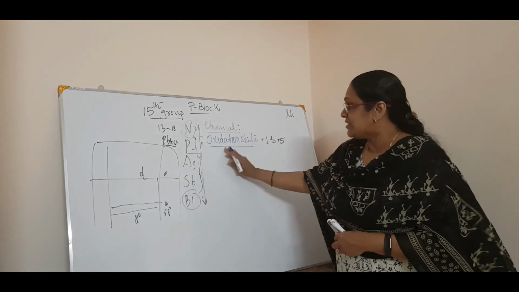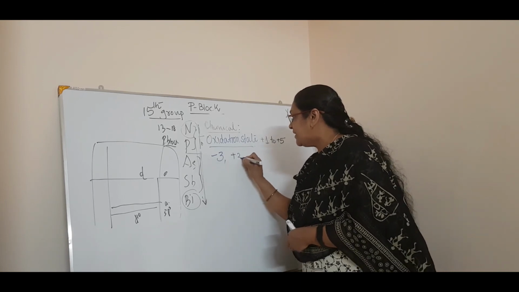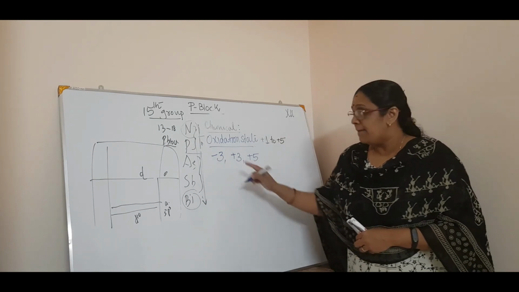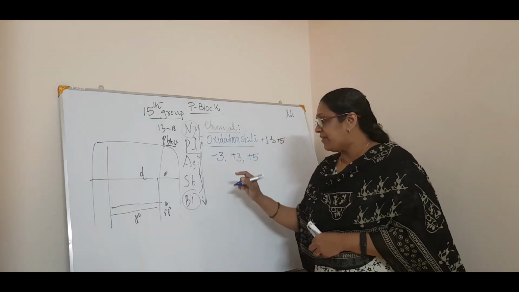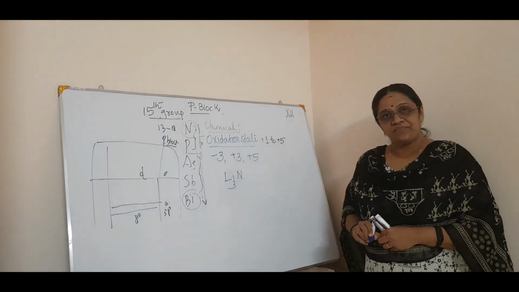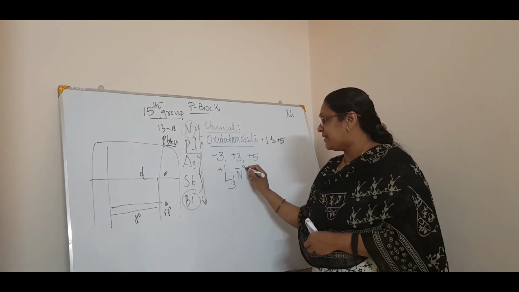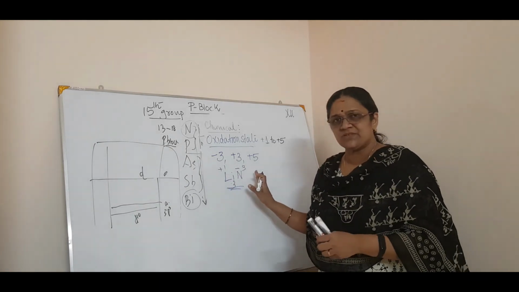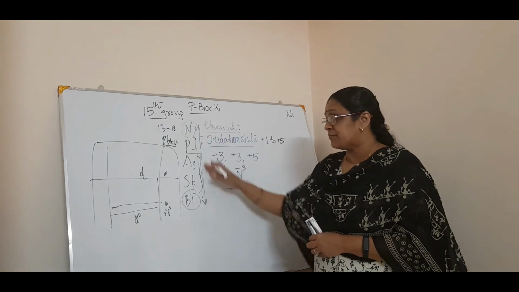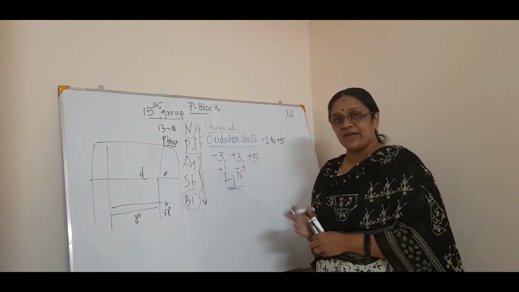So coming to the general oxidation state, the general oxidation states are -3, +3 and +5. -3 means what? If you give an example for -3, nitrides, Li3N. Lithium is +1, so +3, and this is -3. This is just an example I am showing of a -3 oxidation state. So generally these elements will show -3, +3 and +5.